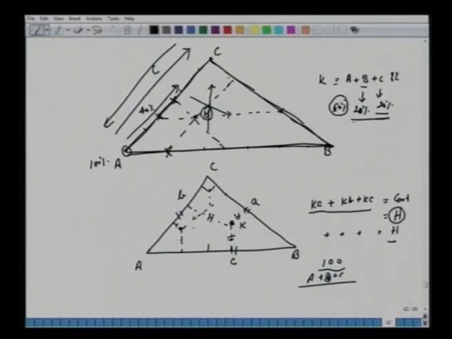Then based on this, one can construct the graph. You can take parallel lines, distribute BC into equal number of segments, distribute AB into equal number of segments, distribute AC into equal number of segments to prepare this kind of equilateral diagram. All right. So this also maybe you can try as an exercise to convince yourself that the altitudes are the same. As a consequence, one can draw this equilateral diagram with equal segments here. Okay. Now let's do something more here.